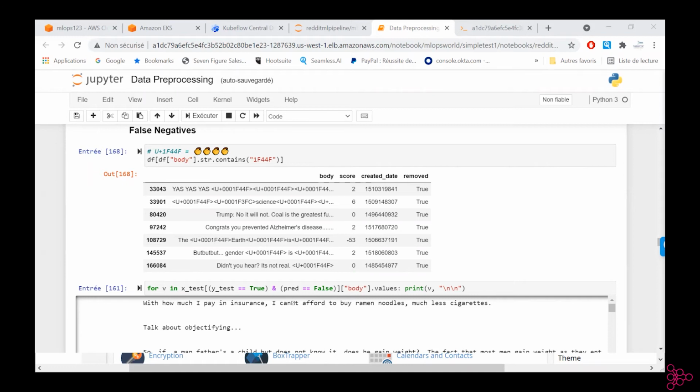Using this information, it computes a score for every word used.